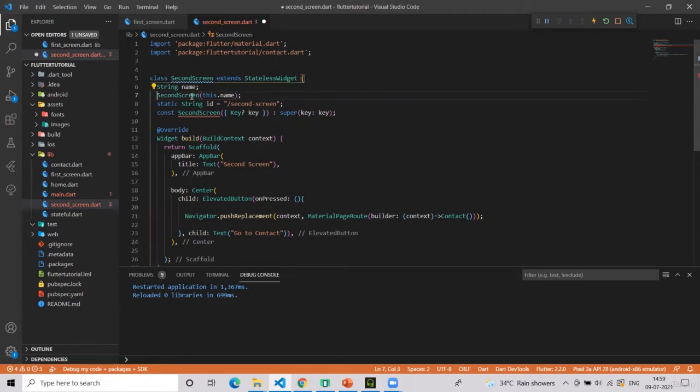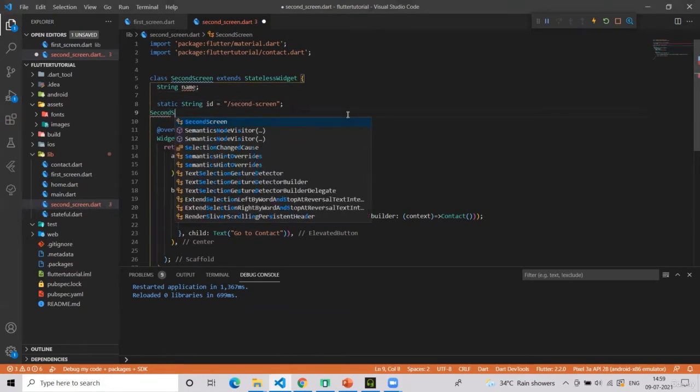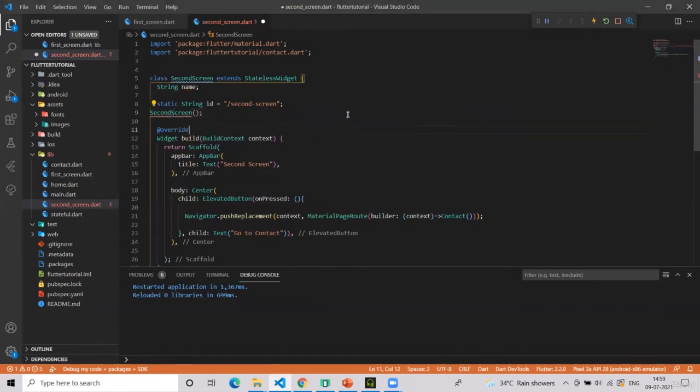But down here we already have a constructor. I will just remove this one and create a new constructor like before, and simply write this dot name. Okay, this section is done.